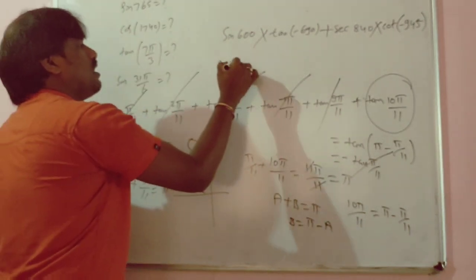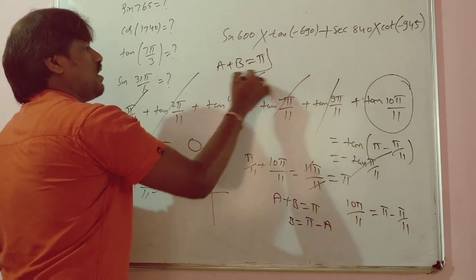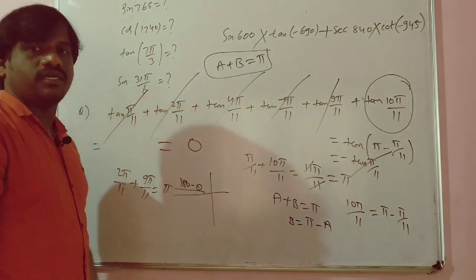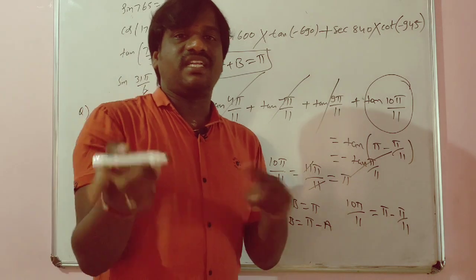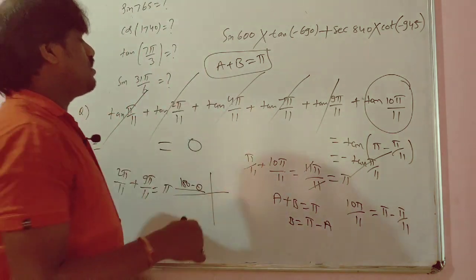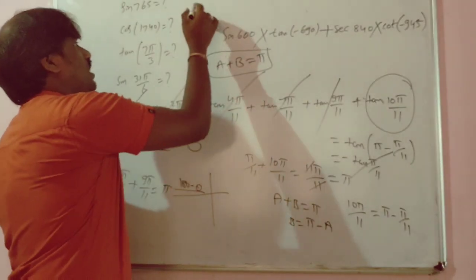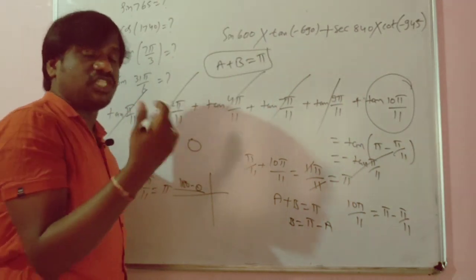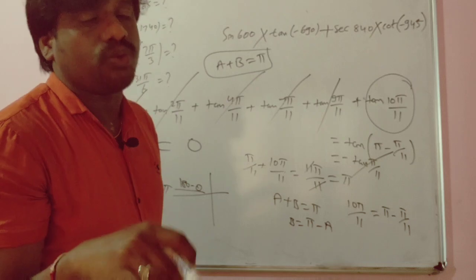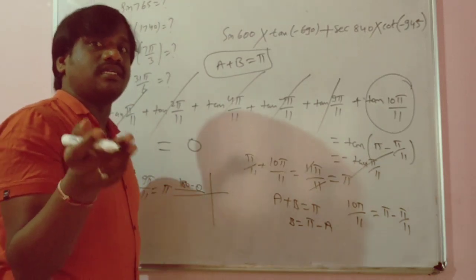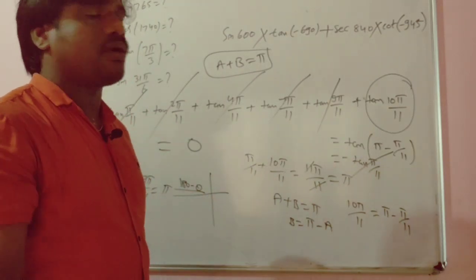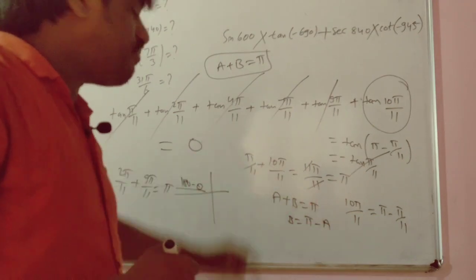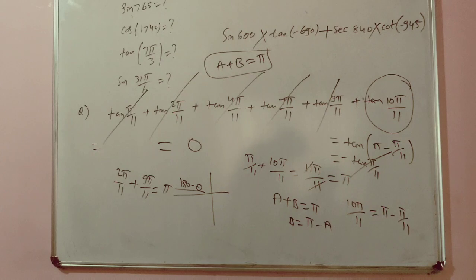Just remember that if the sum of two angles is pi in tan, then that value is going to be 0. If these are in square and sine is there, and the addition is 90 degrees, then that is going to become 1. These techniques I'll tell you about later. Now, this is the technique you have understood, please note it down.